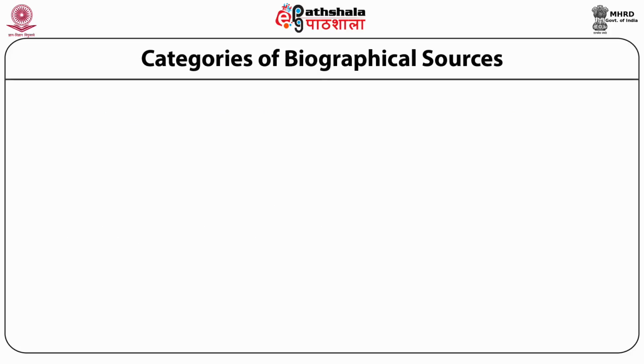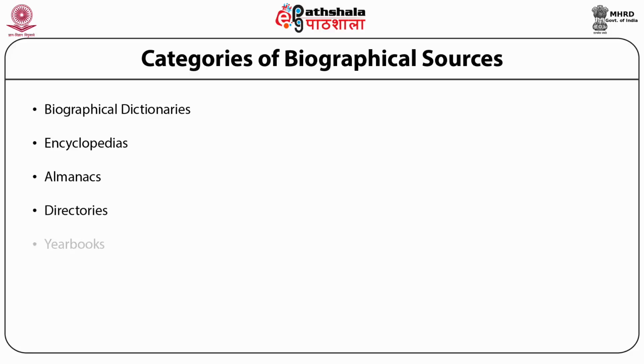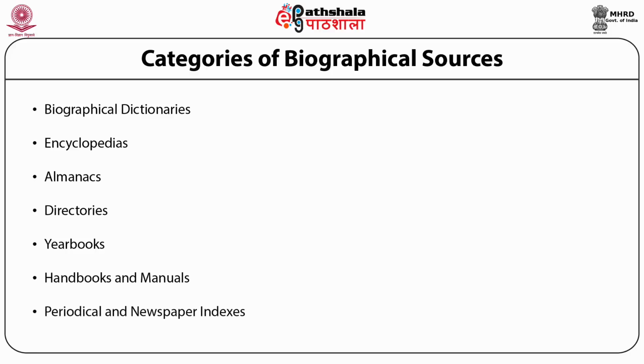There are so many categories of biographical sources available in the library. These include biographical dictionaries, encyclopedias, almanacs, directories, yearbooks, handbooks and manuals, periodical and newspaper indexes. Some of them include, not all, include the biographical information. The choice of any source depends upon the type of query of the user. On looking at the types of biographical sources,